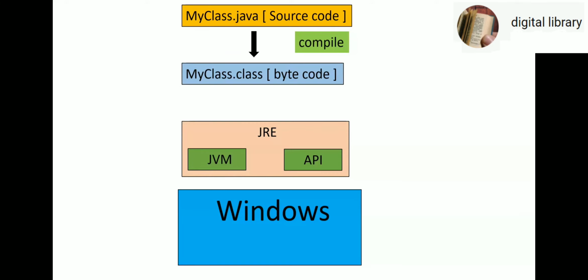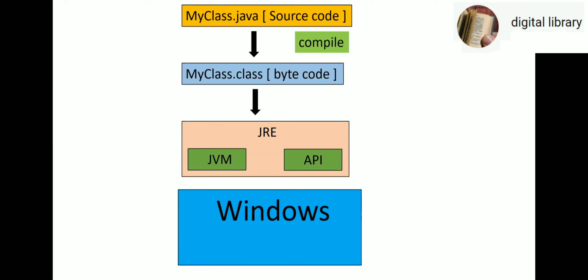Now, you can run that bytecode directly on the JRE. Remember, in Java, we don't get an exe file the way we get in C or C++. We get only bytecode, that is .class, which can be executed directly on the JRE. So we have myclass.java. We compile that, we get bytecode, and that bytecode can run on the JRE for that particular operating system. Once we run our bytecode on the JRE, we get to see the output.